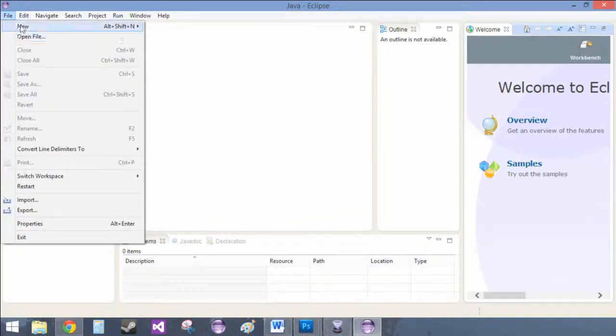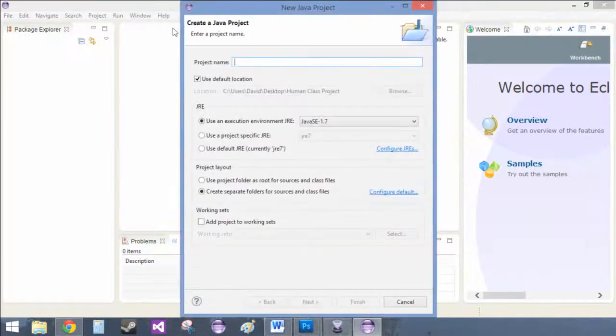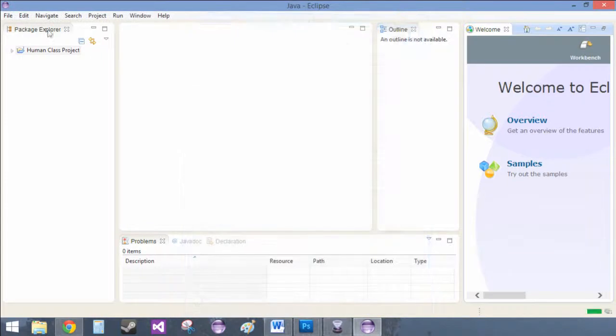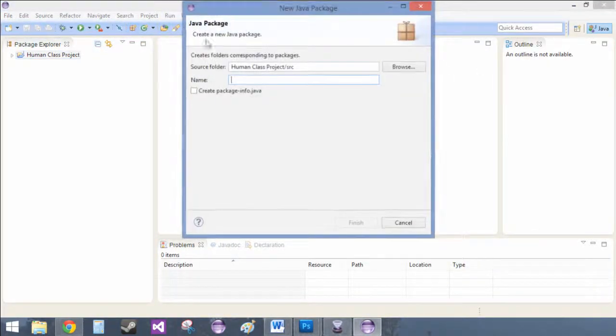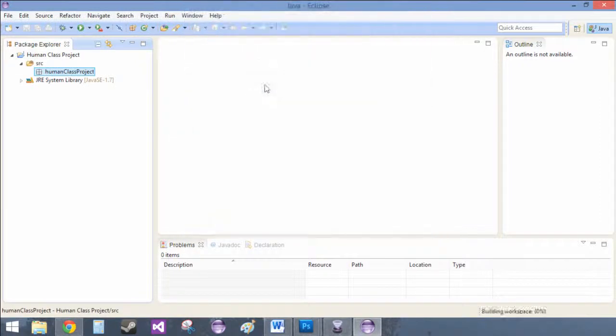So we're just going to want to create a new Java project called human class project. And then, as usual, close that welcome screen. As usual, create a new package. So in the package, we'll just have human class project, and inside of the package, then we'll just have